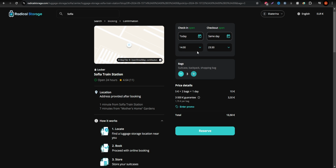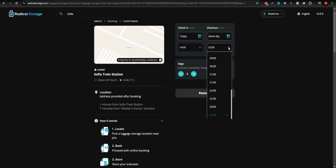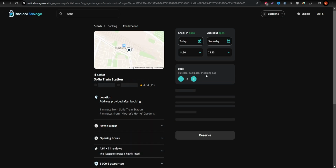Once the booking is confirmed, you will receive a reference number and directions to your selected luggage storage point. When you arrive, show the reference number to the staff, and they will securely store your luggage. That's it. You can now enjoy exploring Sofia without being burdened by your bags, knowing that your belongings are safe